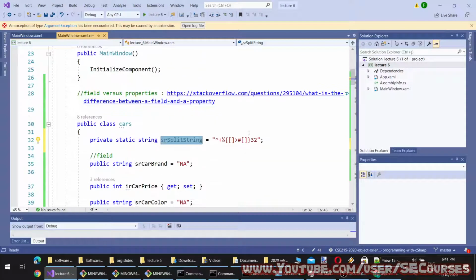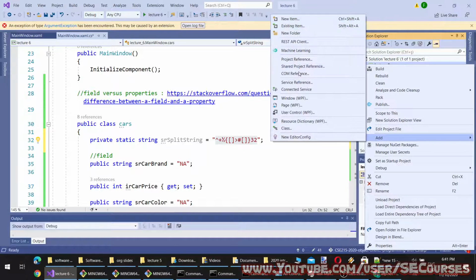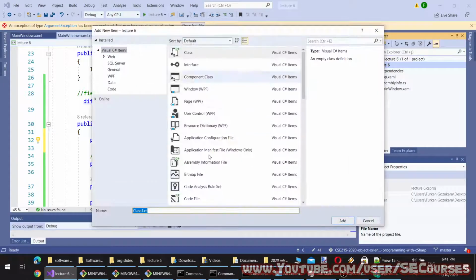Instead of this arbitrary split string key, we can also use a hashing function, which I am going to add here. It will be so easy to do. So I'm going to add a class, and let's name it static methods.